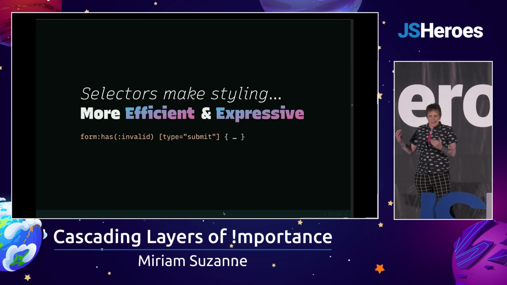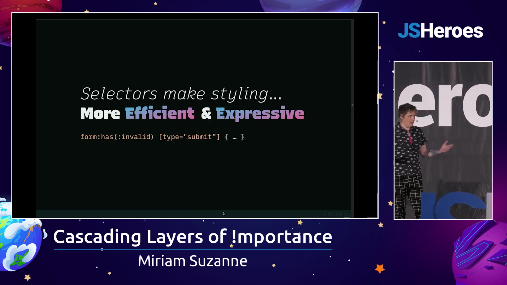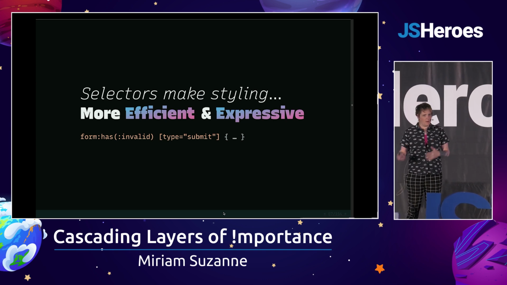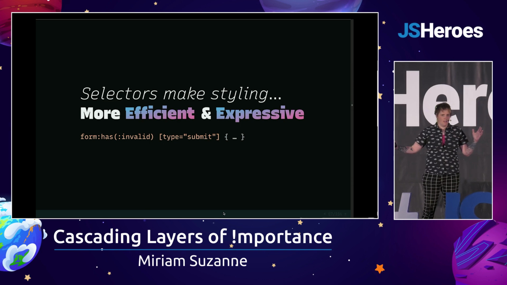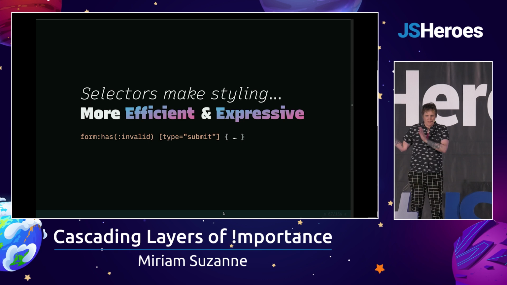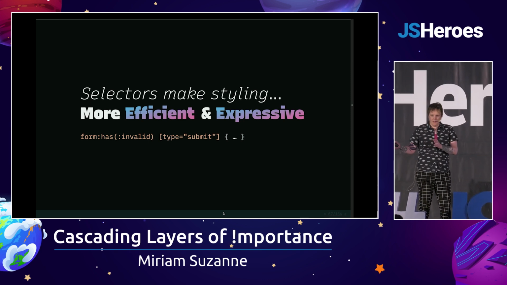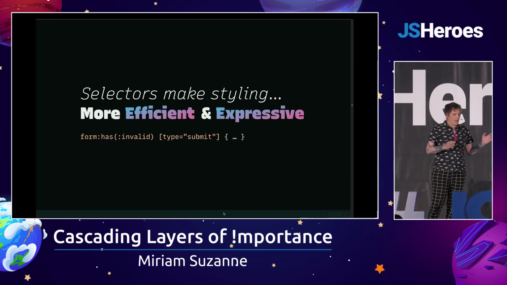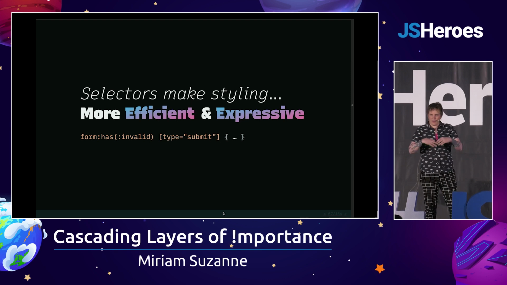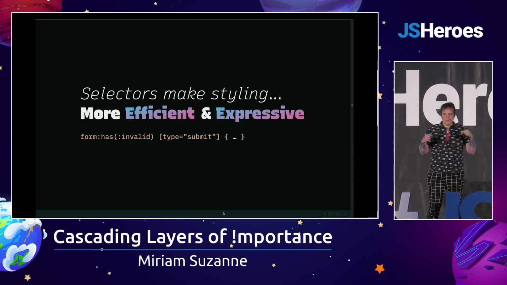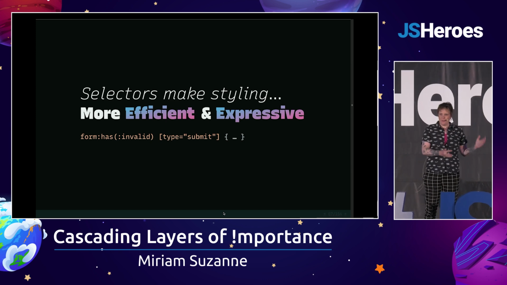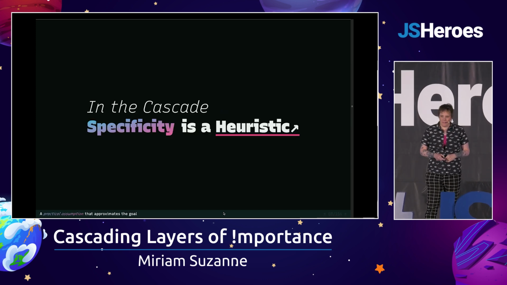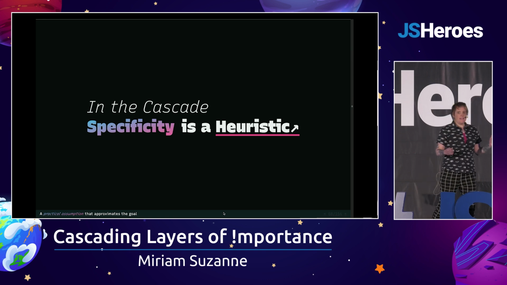And selectors are great. They make styling more efficient. We can select a lot of things at once, and also more expressive. We can be very clear. We can write these entire sentences about what we're trying to select. So here we're selecting the type submit button inside of a form that has something invalid inside of it, right? A very expressive sentence that is both readable, if you understand CSS, to humans and also to the machine, because, yeah. So the cascade then comes along